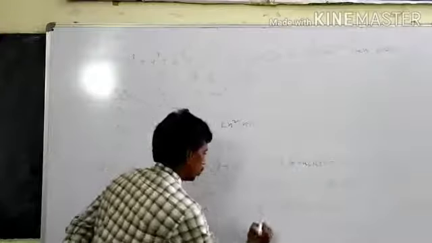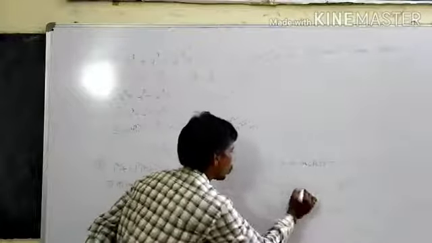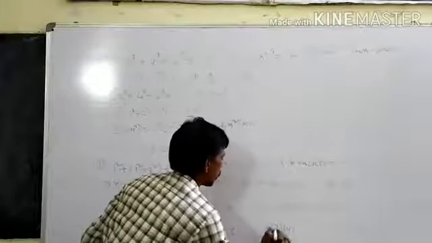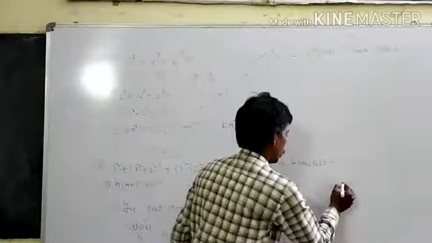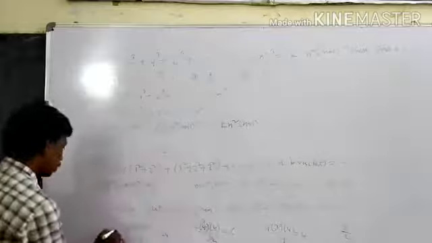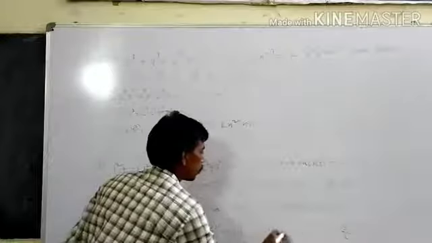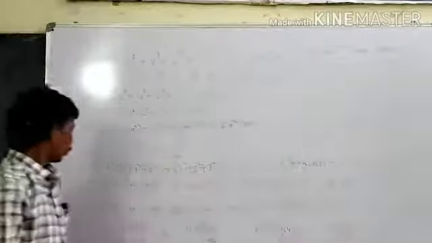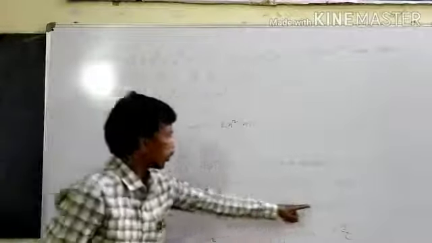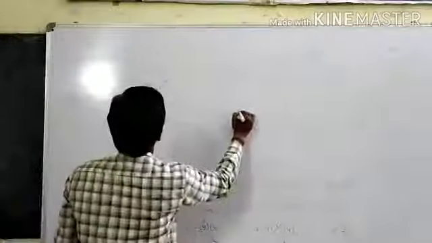Now third option: 4 into 2 plus 1, 3, into 2 plus 2, 4, by 12. 4 into 3 is 12, cancel 4. Fourth option: 2 plus 1, 3 by 2. So the first option is 24, second option is 6, third option is 4, fourth option is 3. We put n equal to 2. The LHS value is 6. So 6 is the second option.